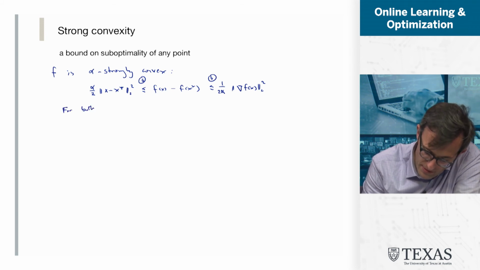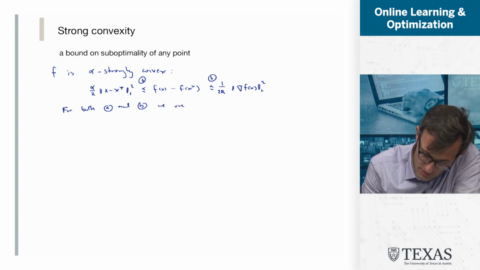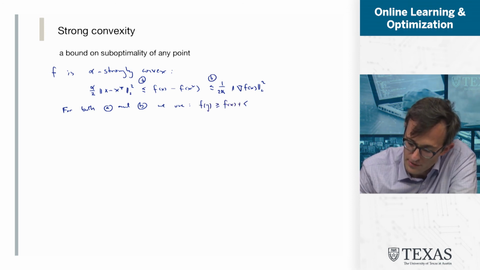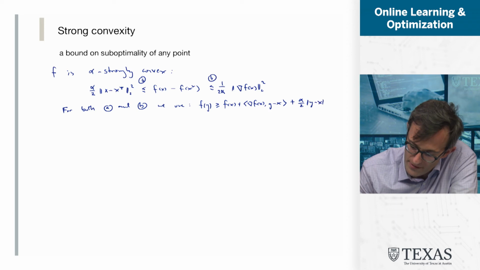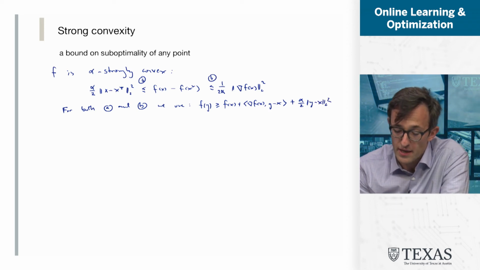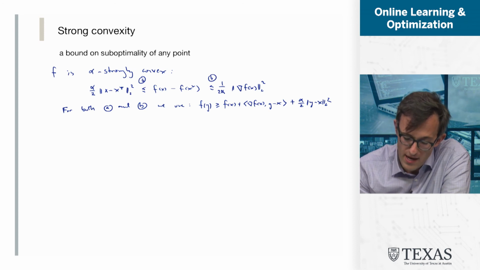For both A and B, we use the quadratic lower bound. Again, just to copy this from the previous slide, this says that f of y is greater than or equal to f of x plus the gradient of f of x times y minus x plus alpha over 2 times y minus x squared. If we plug in x equal to x star and y equal to x, we